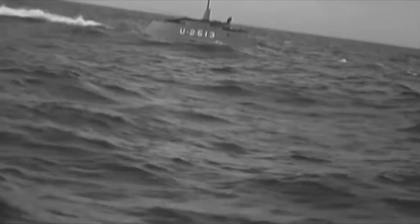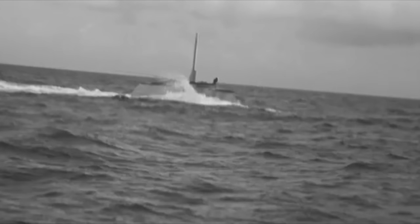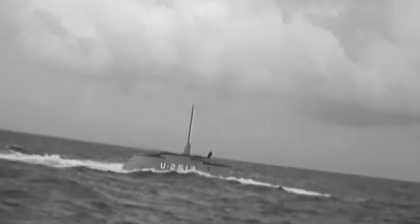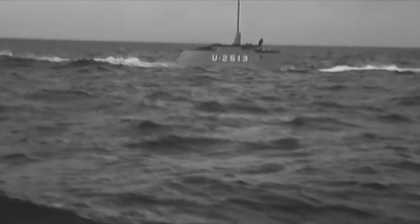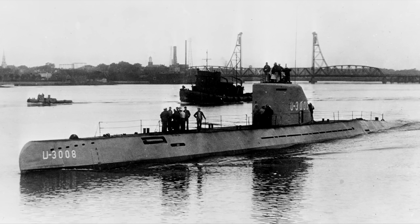The importance of the SUR is that it was able to determine the direction and range of targets. This meant that the submarine could track and engage its targets without even needing to reach periscope depth and risk detection. Another system that was planned but never actually implemented was Project Ursel, which was a unique weapon which would